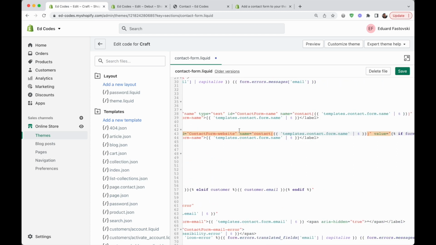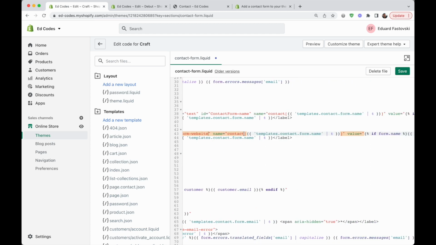So let's go further. Name equals contact, and then we have these square braces, and inside the square braces we have these curly braces, and these curly braces are liquid code. Okay, Shopify liquid, which basically gets some data from the Shopify system. And we don't really need that here, because what this is doing is actually connecting to the languages file. If you're not familiar with the languages file, you can go back and watch the part 1 video for this